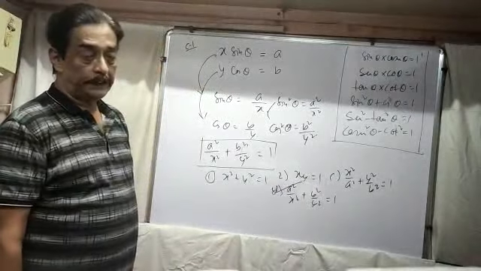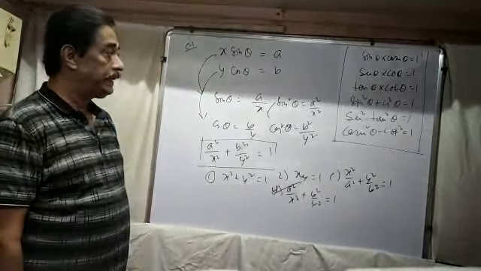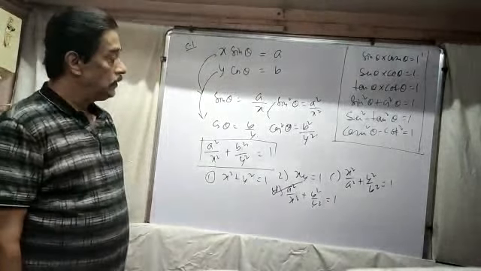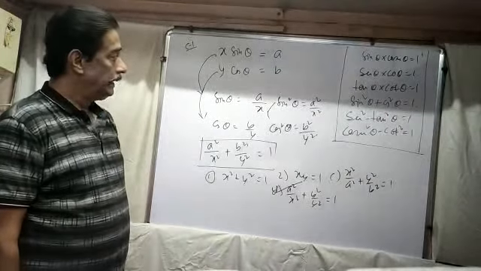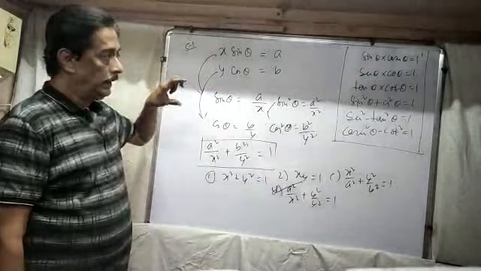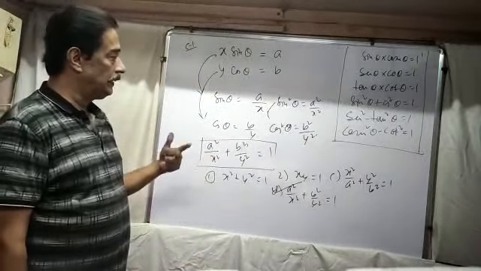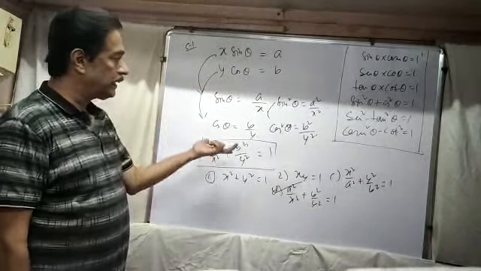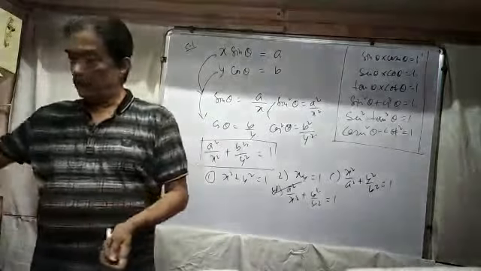This type of question was included by TCS last year. So remember, be very careful. Sometimes they can ask which curve is indicated by the given equation: equation of the parabola, equation of the hyperbola, equation of the ellipse, equation of the circle, equation of the straight line, etc. Now next pattern.